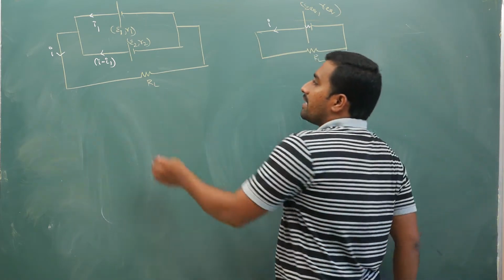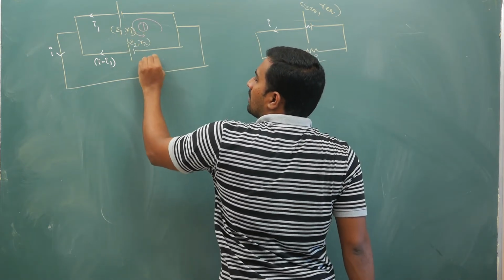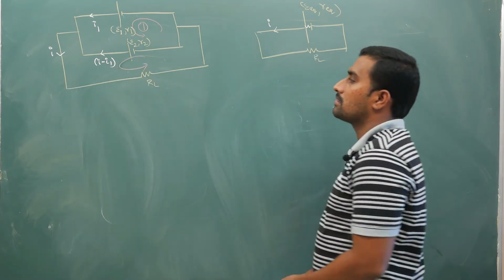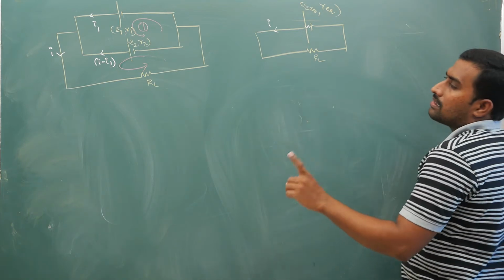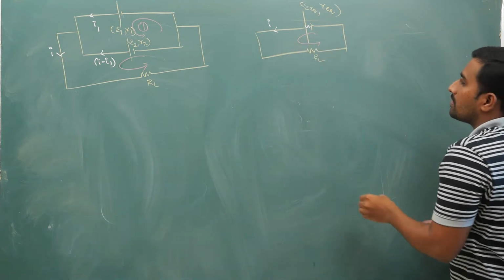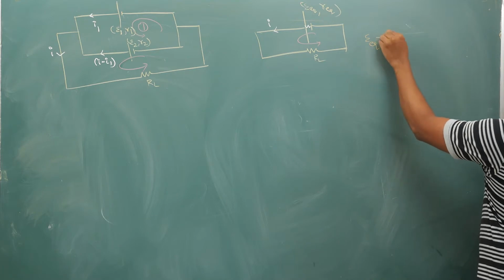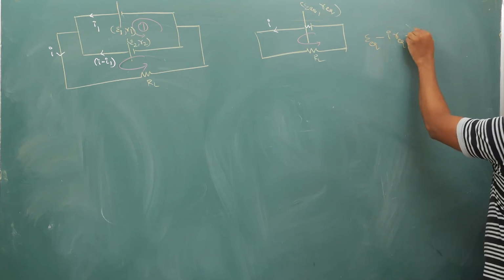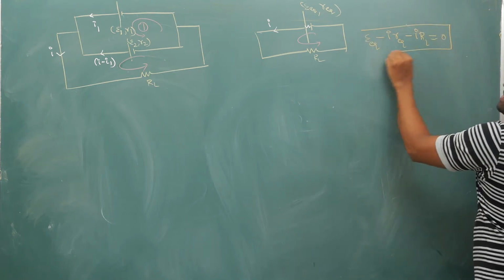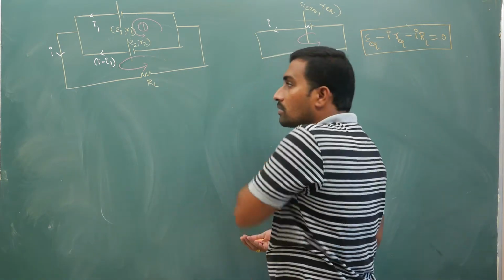First I will take this as loop 1 like this, and then I will go through the second loop once, and then I will get an equation only in terms of I. Here you will have a single equation in terms of I. Your single equation is equivalent EMF minus I times R equivalent minus I times R load is equal to 0. This is your single equation for the equivalent part. So now the question comes, what is I1?